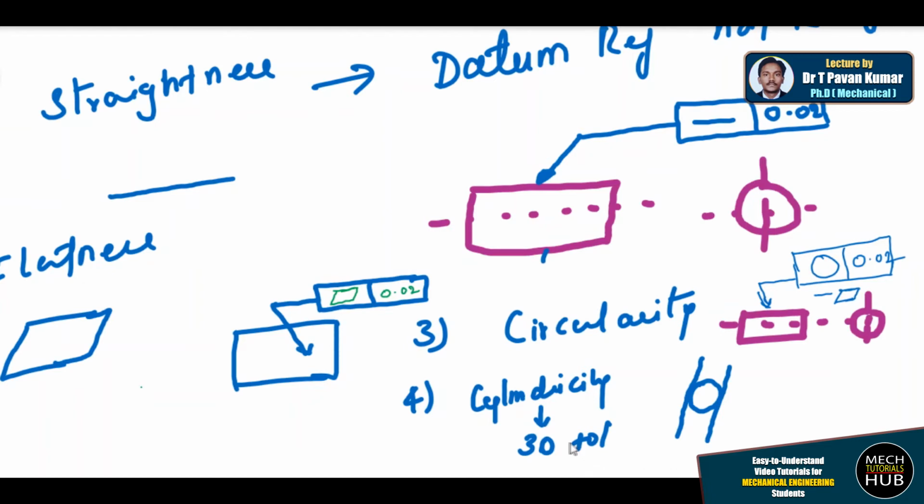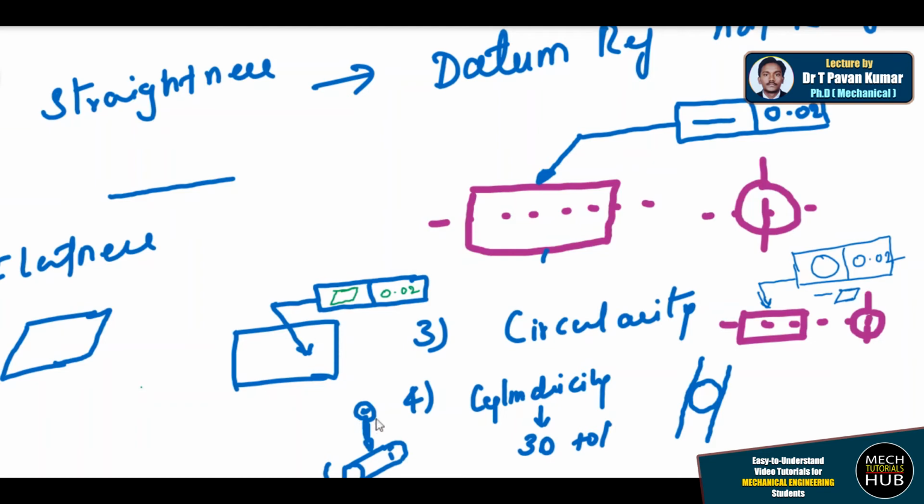Okay, then simply, for example, imagine a 3D component. Let us imagine a 3D cylinder. If I want to measure the cylindricity of this cylinder, we try to place a plunger over here. I think most of you know what a plunger is, and there will be a dial which will specify the value, and here I allow this cylinder to rotate either clockwise or counterclockwise.